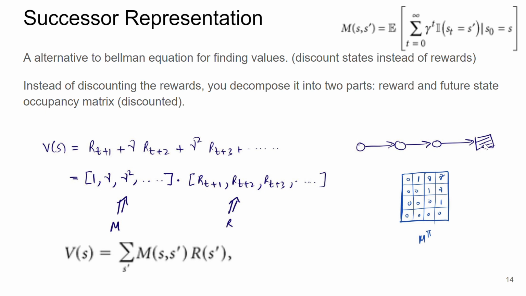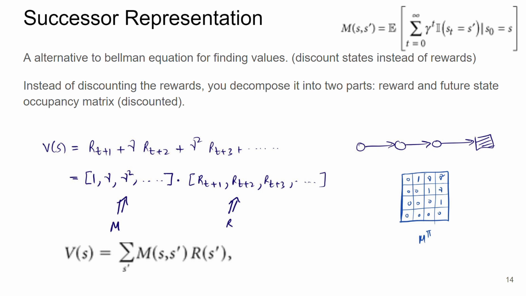That's not an integer, right? How can we spend like gamma or gamma square time steps? So I think it's just some kind of weighting or like weighted matrix kind of thing. So when I say time steps, I'm also talking about time steps in the expected sense. If you understand gamma as the probability that your agent would die after one time step, the expected time that you would spend here would be gamma, because you die with probability 1 minus gamma.